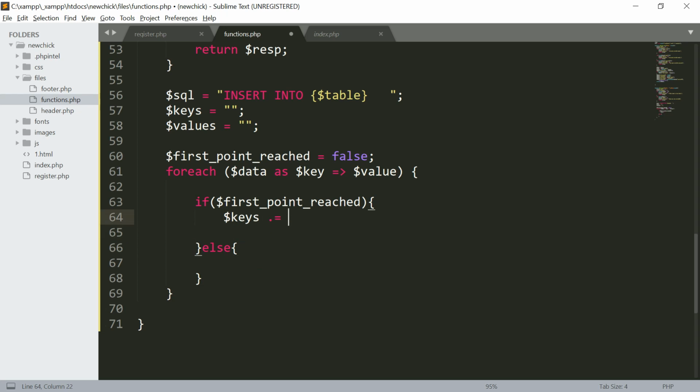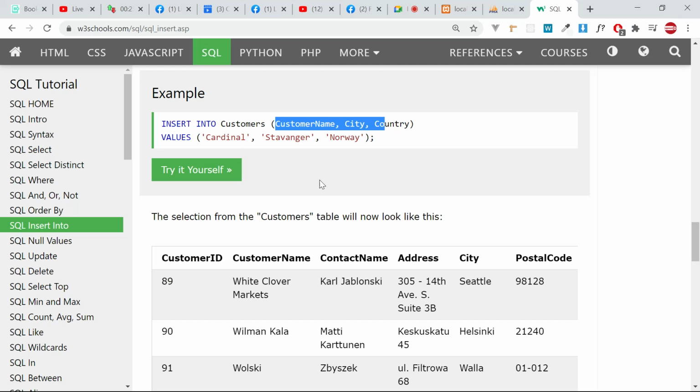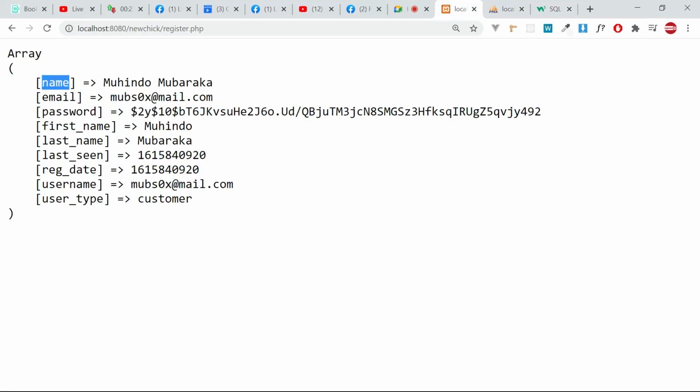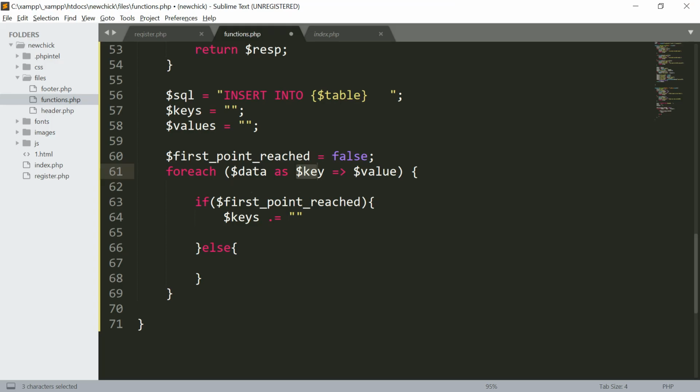Okay. So if it is the first one, of course I'm going to put this key, because when we loop, the loop will provide for us the key and the value, the key and the value, the key and the value. And this key I will make to be what? A table column name, and this value is going to be the value in that particular column. So I'm going to simply put here